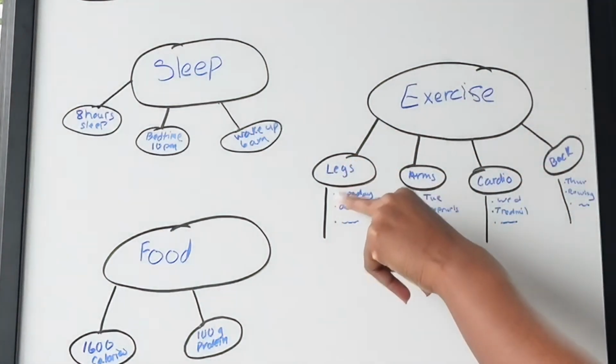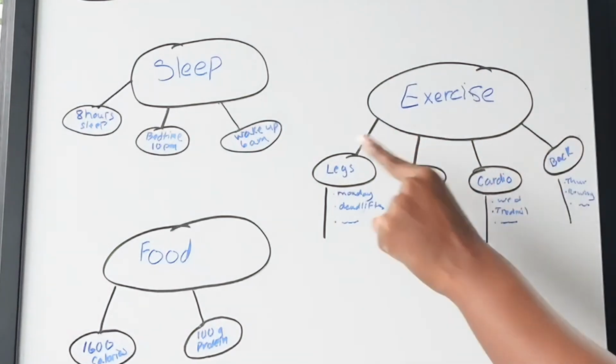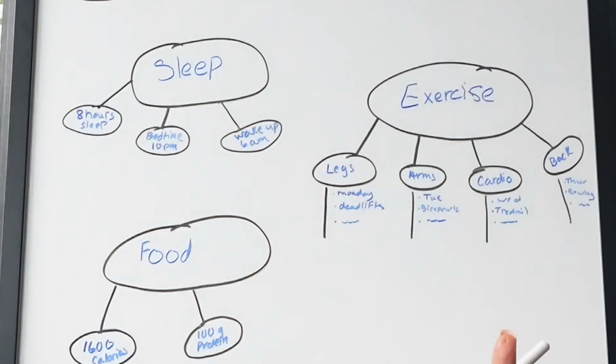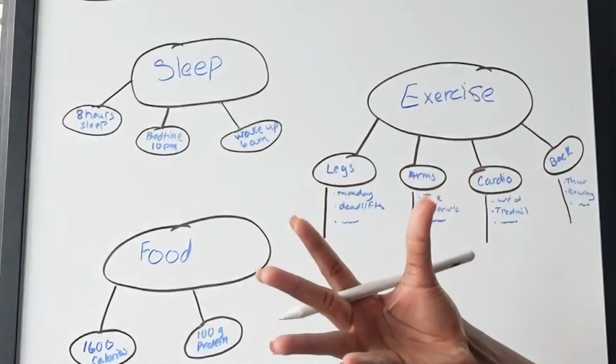Then, if you guys can see here, I know it's very fine print. Legs are Monday, arms are Tuesday, cardio is Wednesday, back is Thursday. You need to specifically write when you are going to be doing these things as well, right? It shouldn't just be, oh, well, you know, I want to do legs one day and I want to, no,